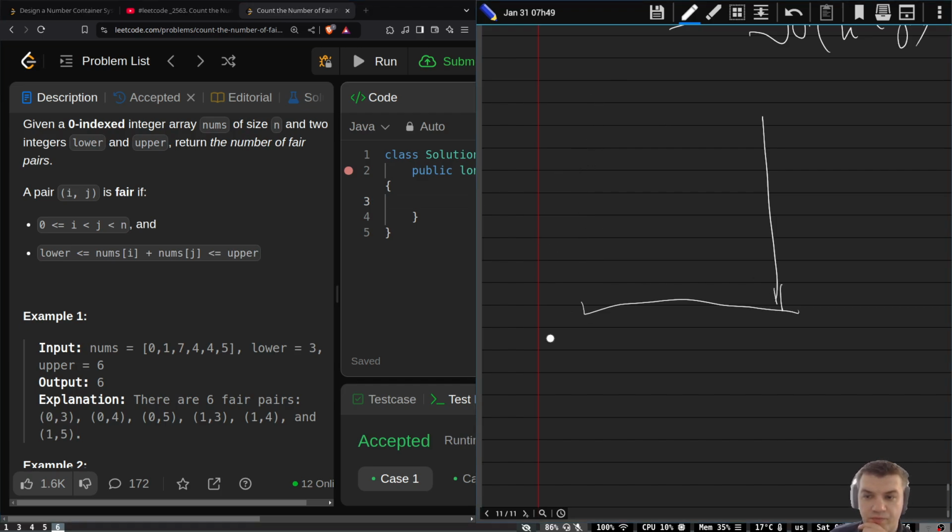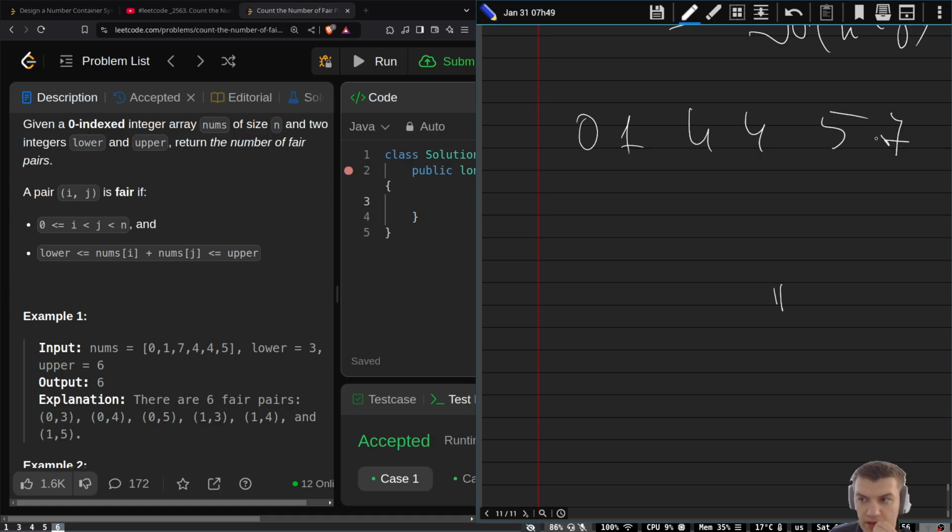So let's say I have a sorted array: 1 0 1 4 4 5 7. Initially I put the left pointer here, and I move the right pointer until I get the pair,